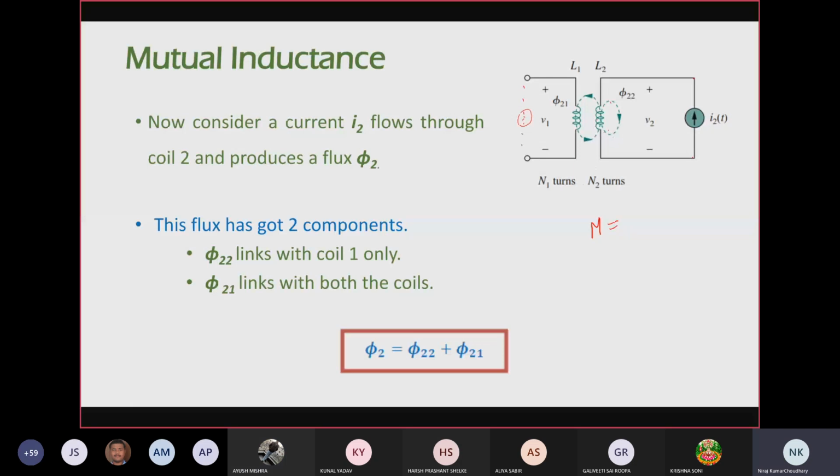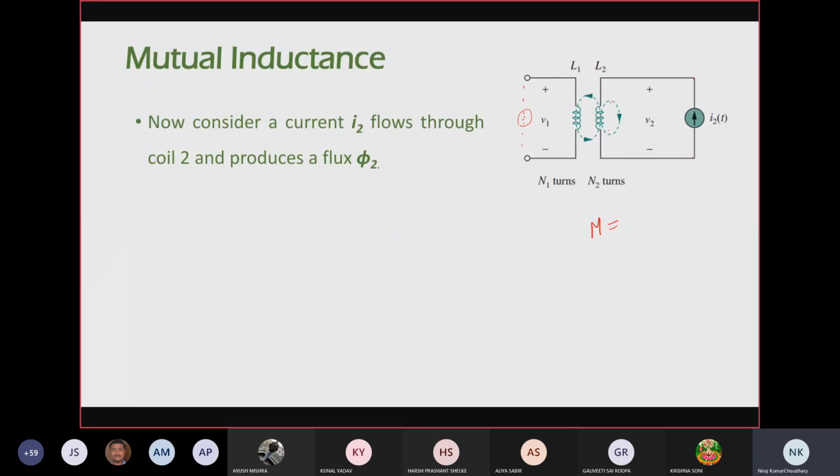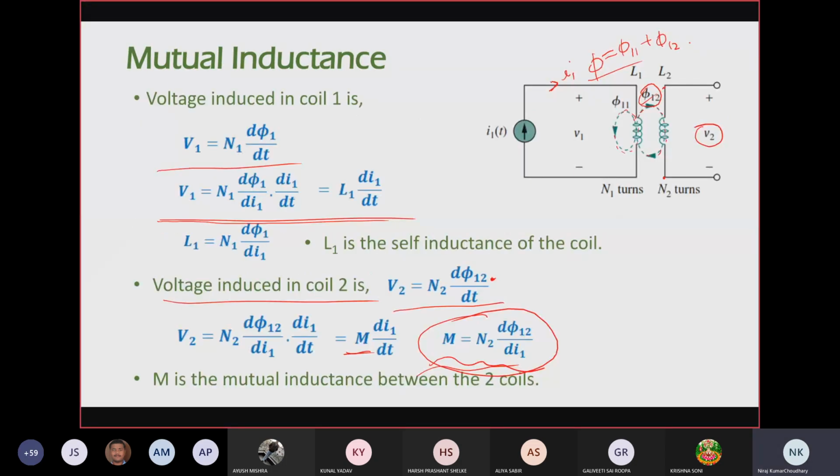phi22 here is the flux which is linked with coil 2 only. ये सेकंड केस हम लोगों ने लिया है. अभी पहले केस में क्या हम लोगों ने कंसीडर किया था कि we have excited the first coil that is L1, जो कि यहाँ पे था, इससे पिछले वाले स्लाइड में. एक मिनट रुको. ये जैसे कि यहाँ फर्स्ट केस में क्या था कि when the current I1 was flowing through L1,